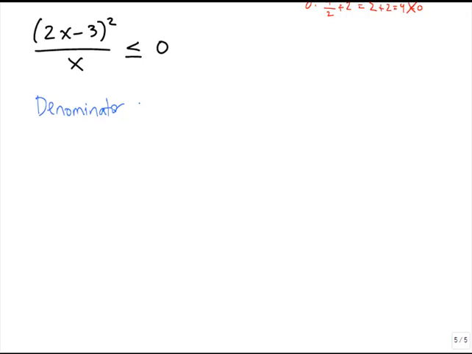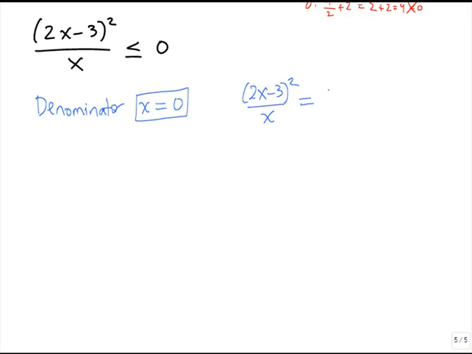So the denominator here is x, and where can x be 0? Well, right at 0. So the first point that we're going to be putting on our number line is just going to be x equals to 0. The other places that we want to look at are going to be where the numerator could be equal to 0, because that's what's going to make this equation true if I were to replace this inequality with an equal sign. So if I look at this fraction, 2x minus 3 quantity squared over x,